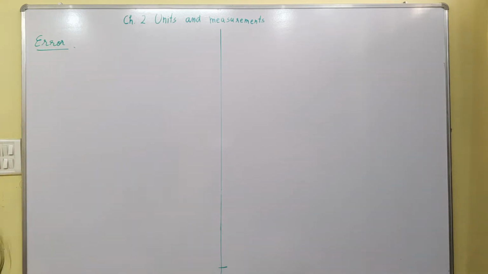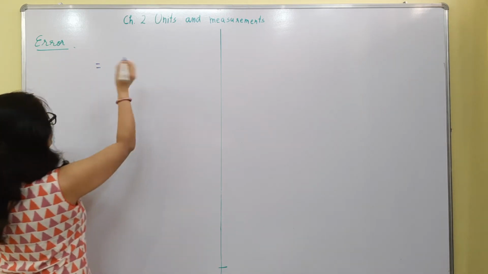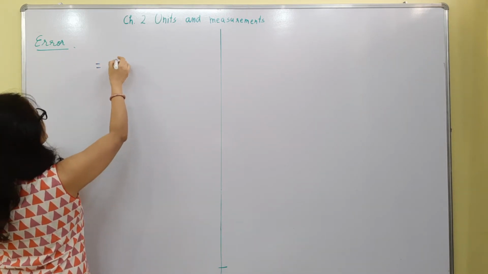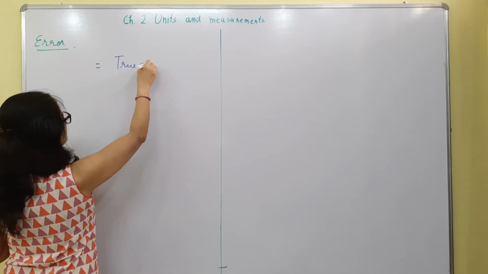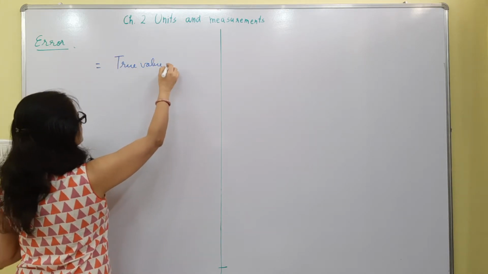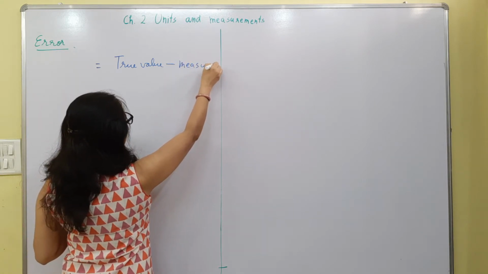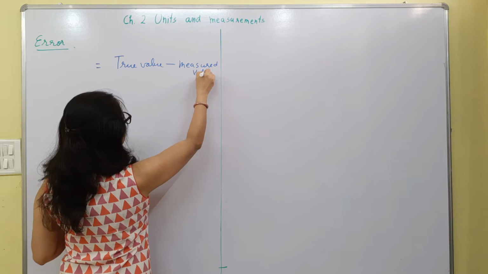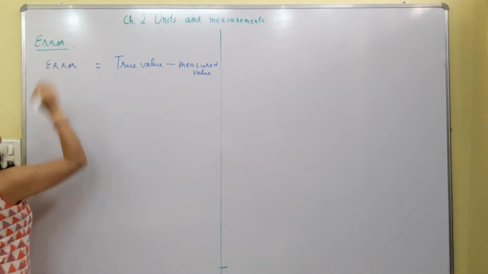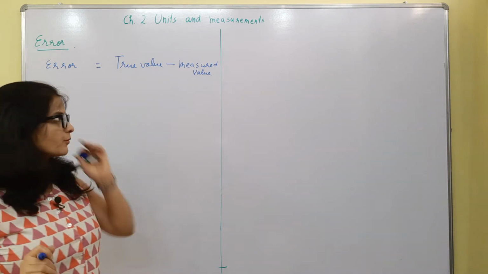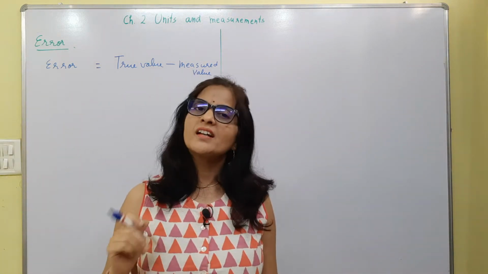So if there is a difference between the true value and the measured value, then this is called an error, right? Now, if we are discussing errors, a question must arise in our mind: